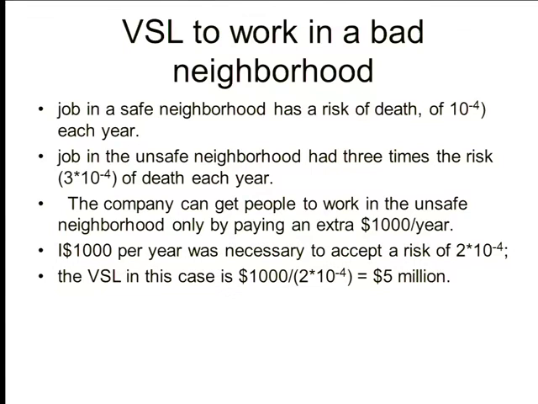That we got. Now, if we observed that you got paid more to work in the dangerous place, you got paid $1,000 more, and we know how many morts you get, 2 times 10 to the minus 4th, then we quickly know how much your life is worth. It's worth $5 million. Right? Because you got paid $1,000 for a 2 in 10,000 chance of getting killed. So the number of dollars per death, sorry, is $5 million. And that's the standard way it's done.